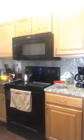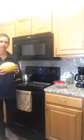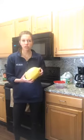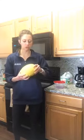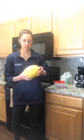to prep spaghetti squash. So, a few ingredients I have here are my spaghetti squash, and you can get this at any grocery store, Kroger or any other grocery store that's local to you, in the vegetable section. It's just a nice big yellow squash, and then I have out to make sure it doesn't stick to